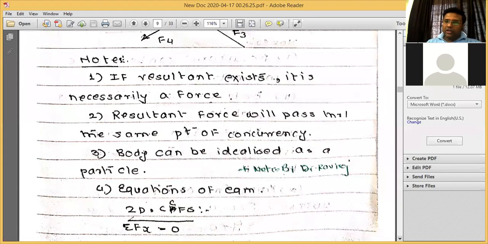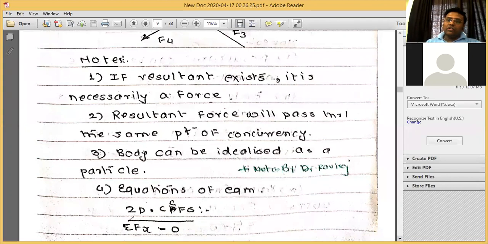So when you are drawing the free body diagram, it is the diagram which is drawn for a body acting as a particle. Therefore, when we are drawing that particular body as a particle, we are considering the effect of those forces acting on it as a particle. So if you are drawing the free body diagram for aeroplanes, yesterday only we have taken this particular example.